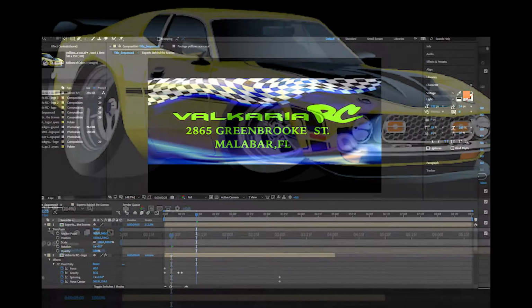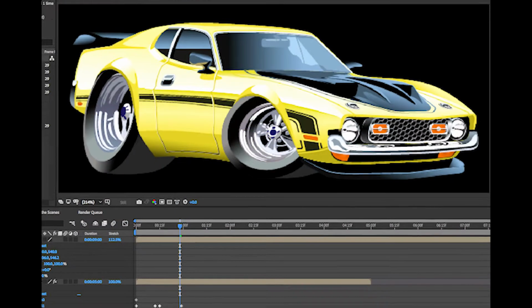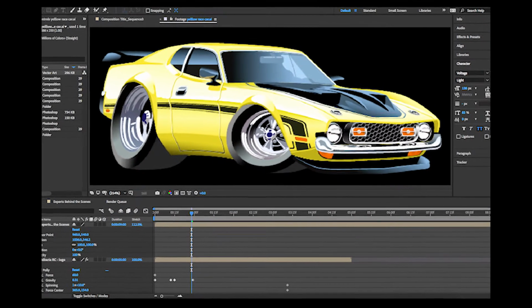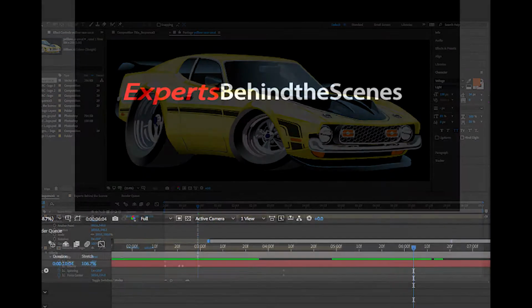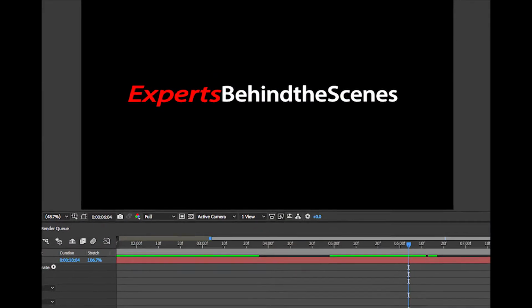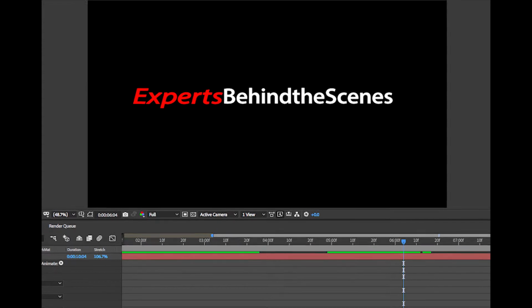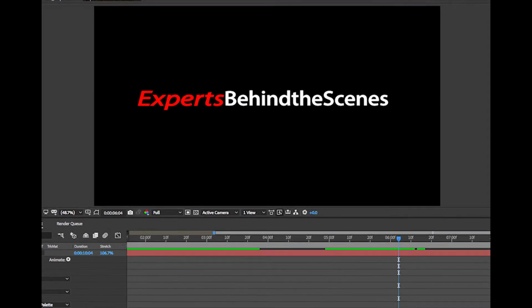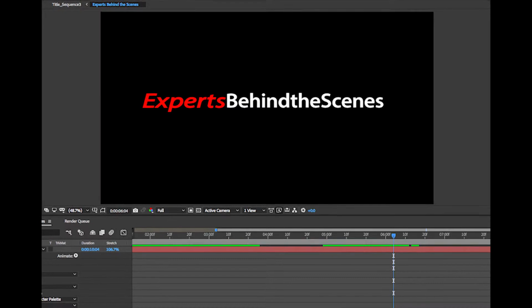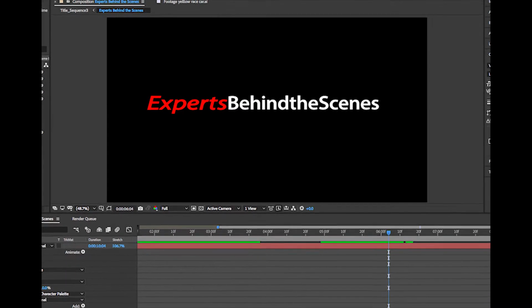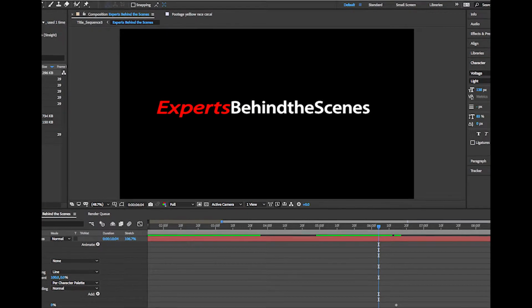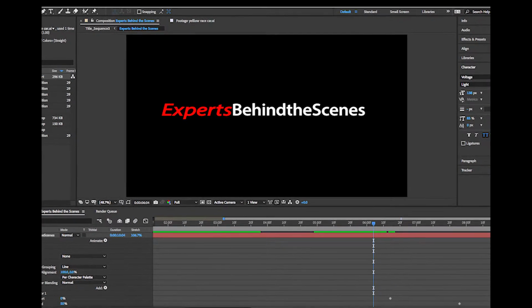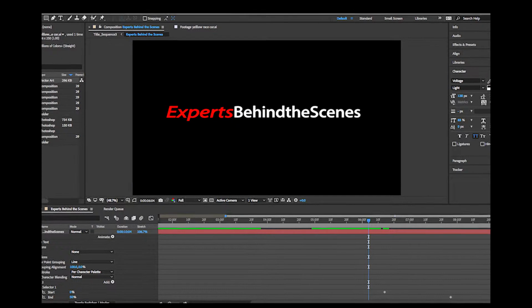a black background. I then added another layer in the timeline panel using a vector image of a yellow race car. This was followed by adding another layer for the text, Experts Behind the Scenes. By using the transform properties of position and scale, I established the initial and end keyframes for each layer and time. Finally, I used the text animation effects of twirl off each line to make the words disappear gradually, similar